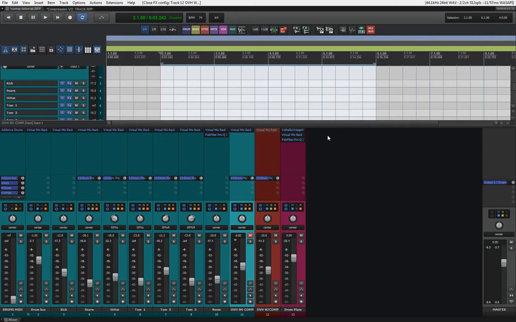Anyway, I hope this was helpful. It was just a short idea to show to you guys, because I know that a lot of people out there are dealing with MIDI drums and that they can sound, I don't know, boring and not so exciting. So if you try to compress the overheads or compress the reverb or compress maybe the room track, you can probably get a lot more.